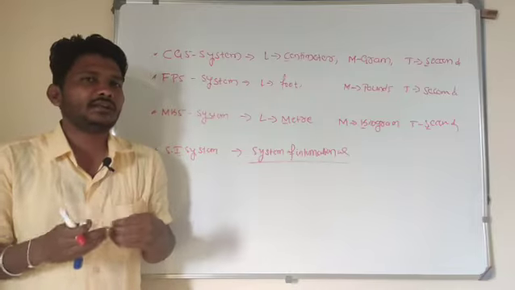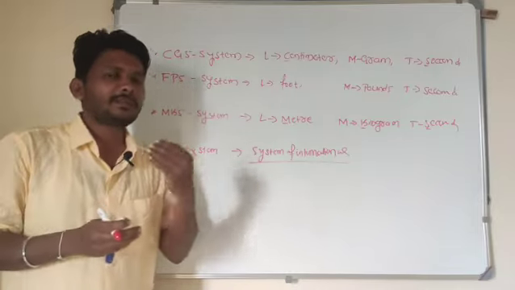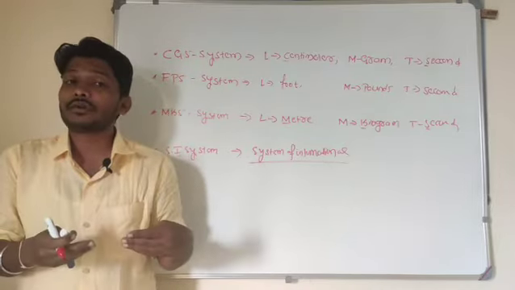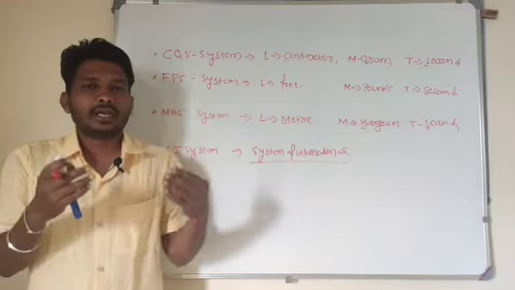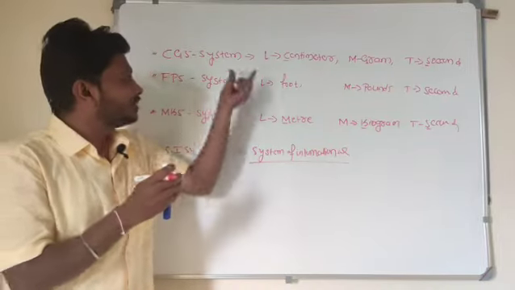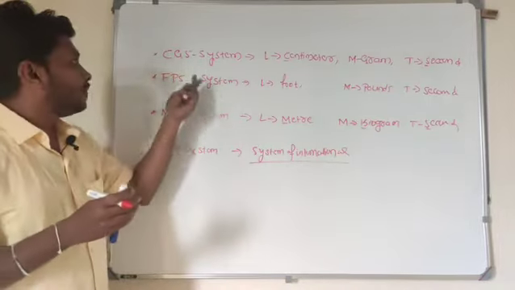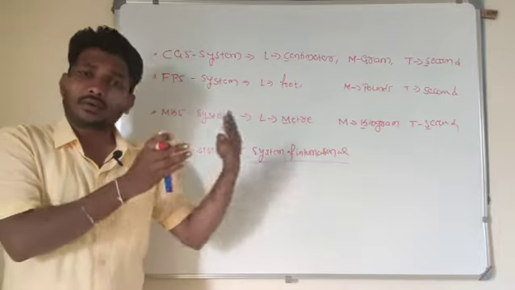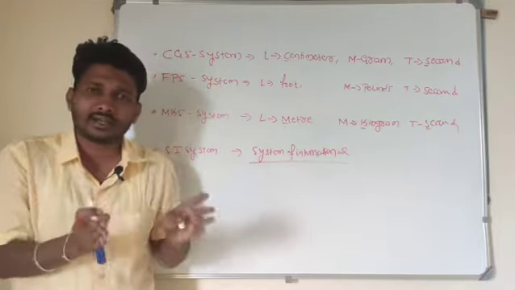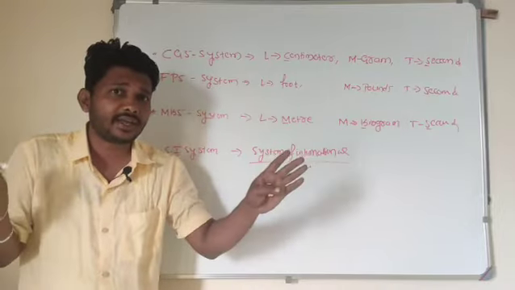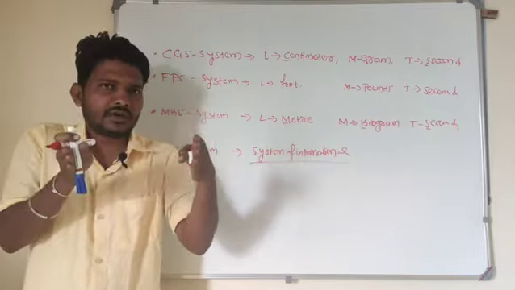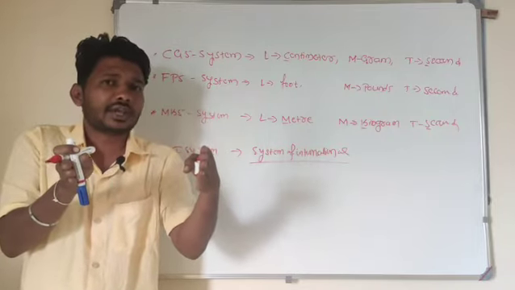The purpose of fixing the measuring scale is our convenience. 1 kg quantity should be the same everywhere, right? Whatever system you measure in, for example, 1 kg is equal to 1000 gram only. The quantity of 1 kg is the same as that of 1000 gram, so it doesn't make any difference. 1 meter is equal to 100 centimeters. So 1 meter means 100 centimeter only, this much gap only.